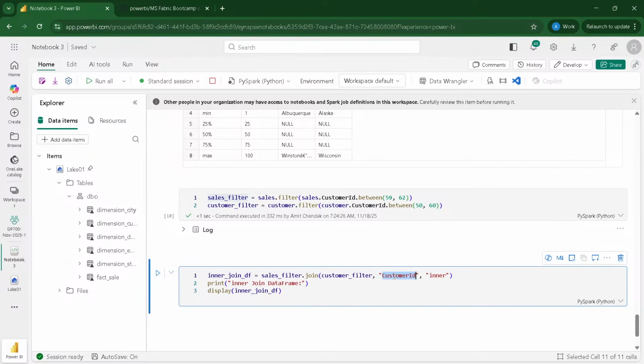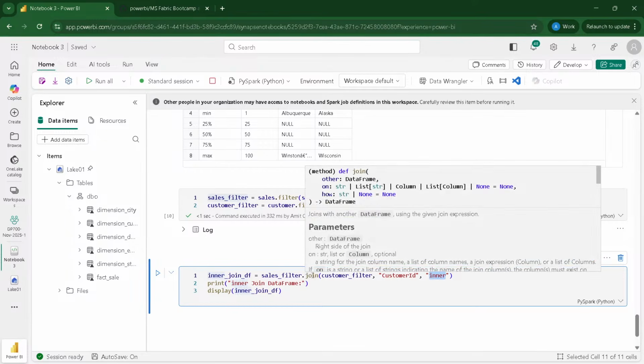Now this particular set of tables has a common column name which is exactly matching. I'll also tell you what happens when they don't match. So I'm using the common column name in both tables, customer ID, and I'm doing the type of join which is inner join.